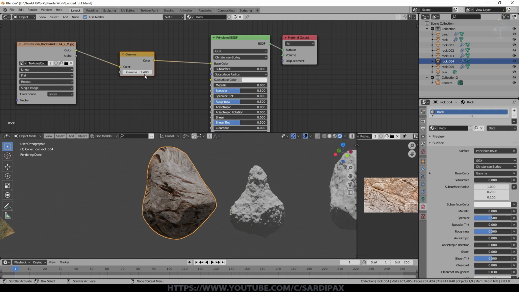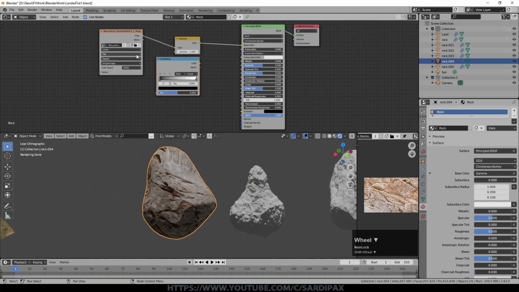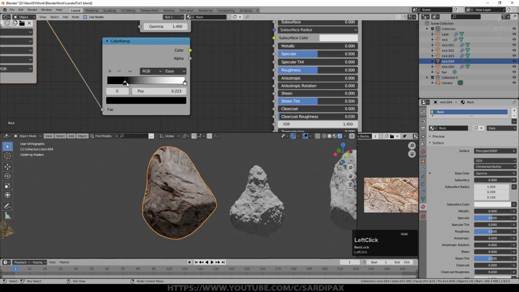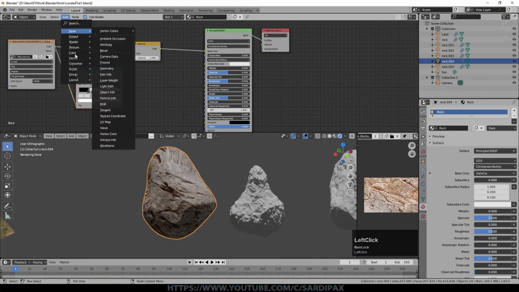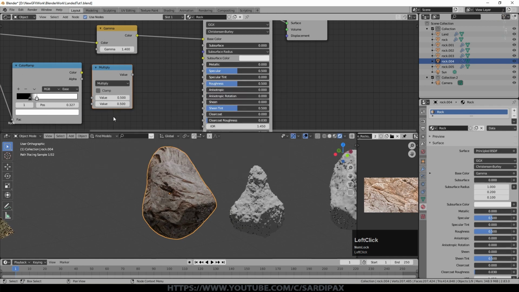And the scene is quite well lit, at least initially, so it does tend to wash the colors out a bit. So I'm now going to add the usual color ramp and take the color output into that color ramp. Set it to ease, and I brought the pointers into somewhere around here. I'm now going to add, under converters, a math node, set to multiply, and take the color output into there. Leave the other side at 0.5, and I'll explain what this is doing in a moment.